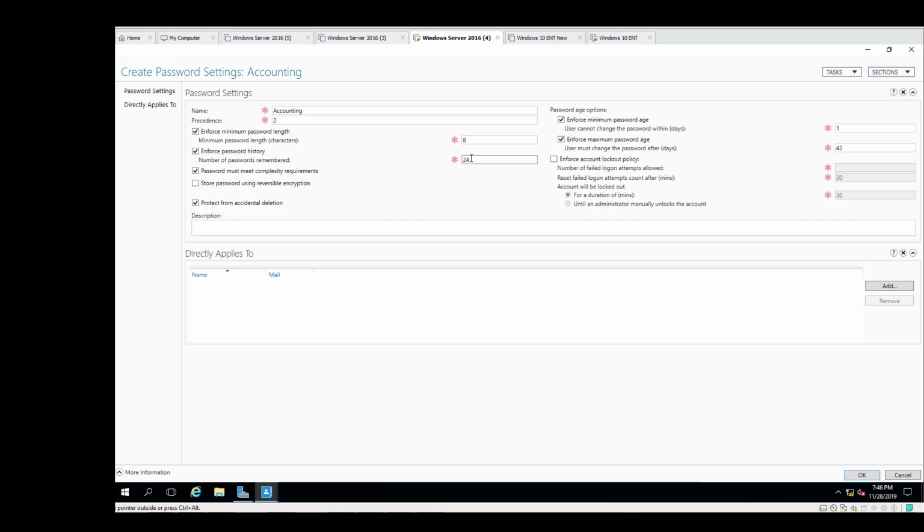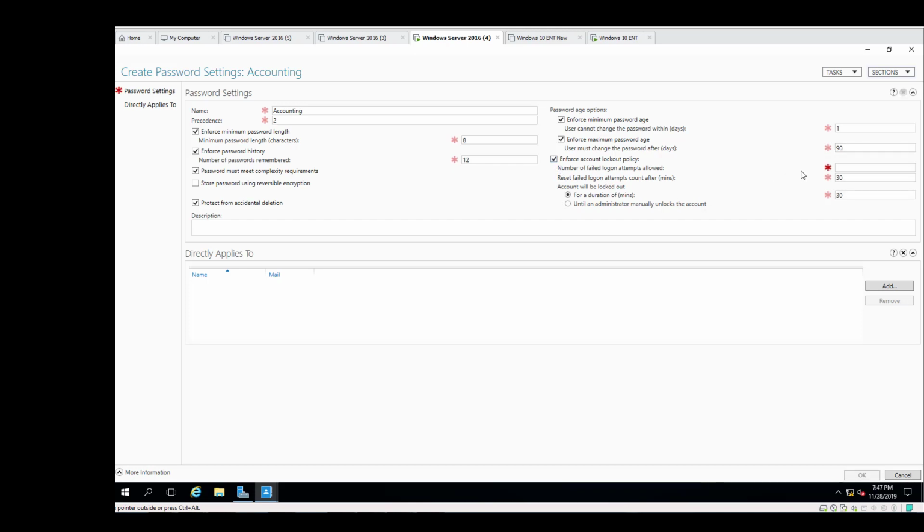That's going to be a really long time, so let's change this to 12. And then I want to change the password age to 90,